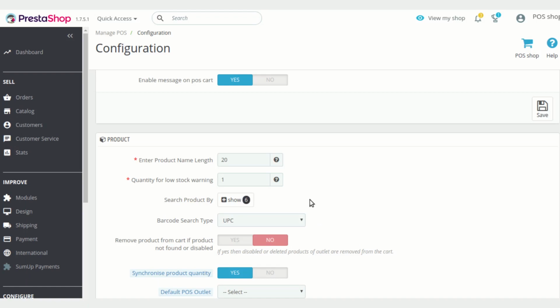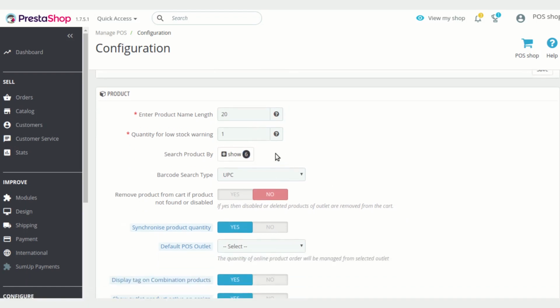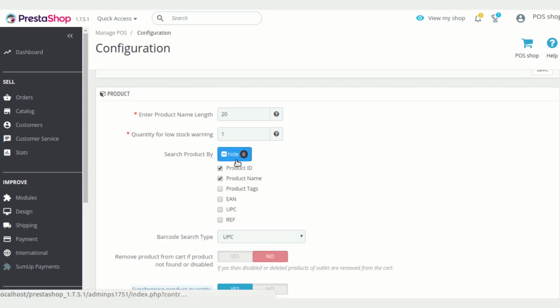Then what will be the quantity for low stock warning for a product? You can configure that too. Then how would you like to let your employees search the product in a POS terminal? You can configure that part too.